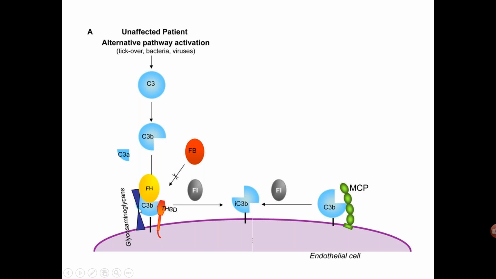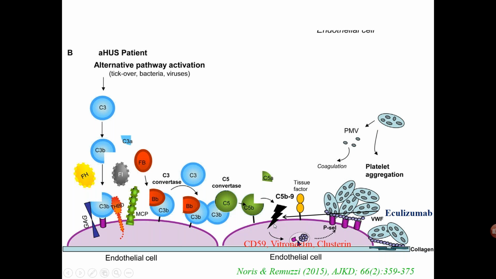We saw that C3b is formed by the action of C3 convertases. Complement factor H can bind C3b both in the fluid phase in plasma, and it can also bind it at the endothelial cell surface, where it is helped by another protein, CD46 or membrane cofactor protein. Once CFH and membrane cofactor protein bind C3b, it is inactivated by factor I.